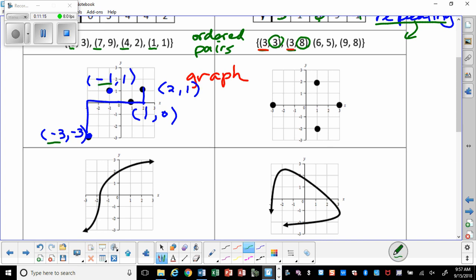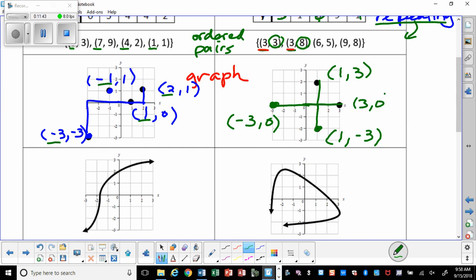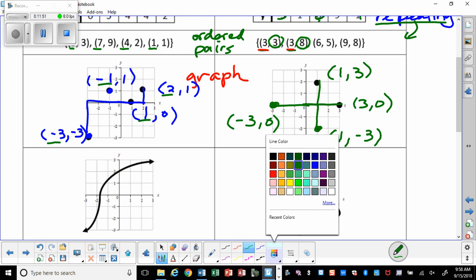So do my x's repeat? No, they don't. All right. Over here, if I put in these coordinates, I'll just start on the left, that's a good habit. So (-3, 0) is this guy, right? I go over 3, up 0. This guy is (1, -3). And this guy is (1, 3). And this one is (3, 0). Okay? So now notice this is in the not a function category because